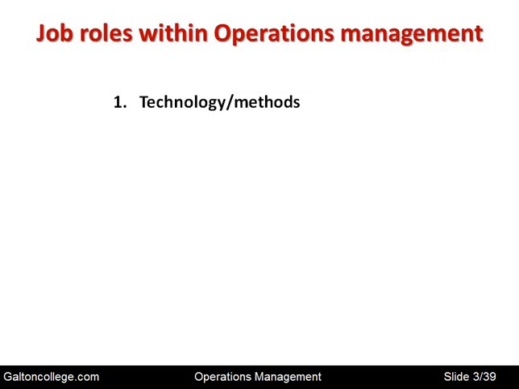Now, it could be a service that's being produced, but they will still look at what technology and what physical environment are required for the production of the service, what methods will be used to deliver it, and what the sequence of the tasks is. And with production goods, they will also look at the machinery, the processes, the way the whole shop floor is laid out, the way the stores is laid out, and so on. So it's looking at the technology and the methods of production, and that's in a sense the macro